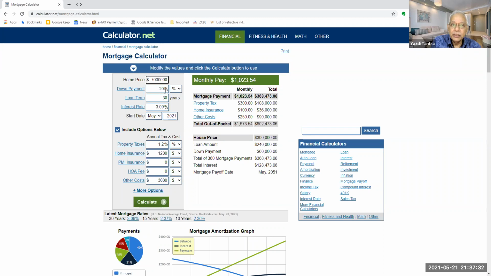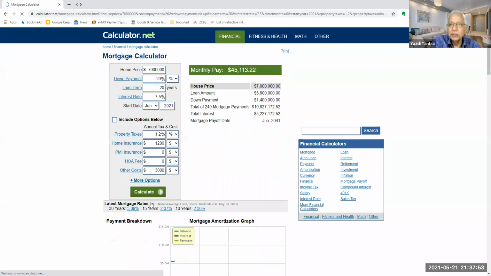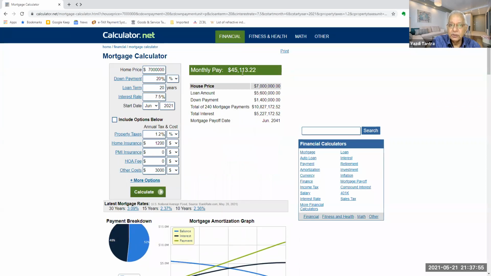Down payment I am paying 20%. Loan term is say 20 years. And my interest rate is say 7% or 7.5%, let us see. Starting from June 21. Forget the options just now, I just say calculate. So automatically it says you have to pay